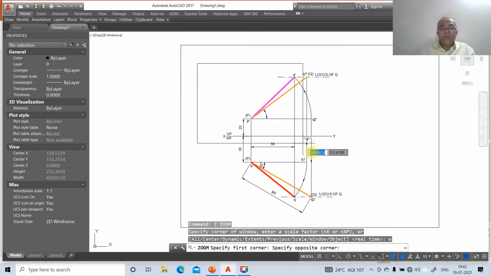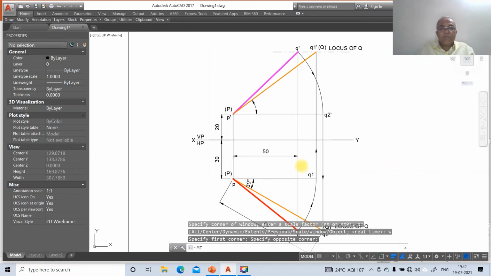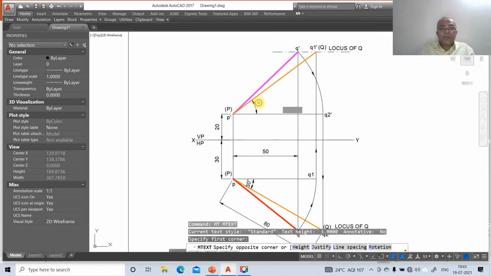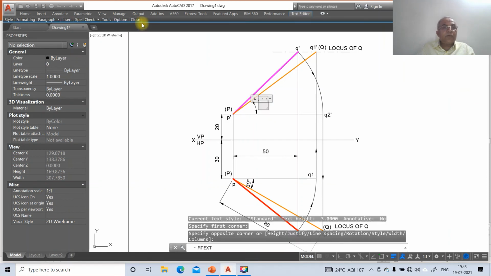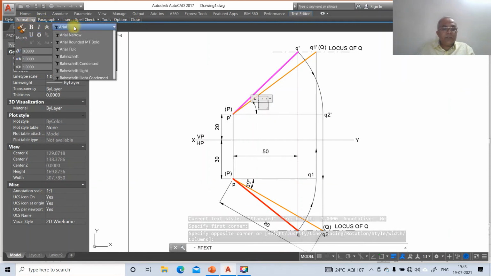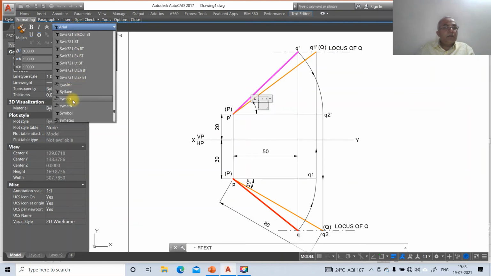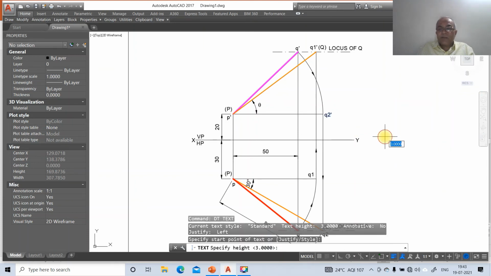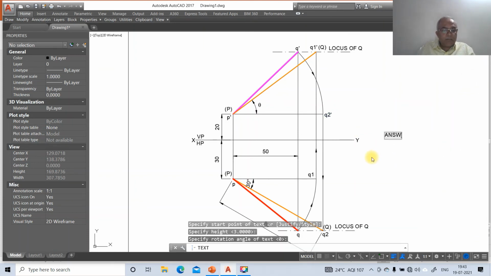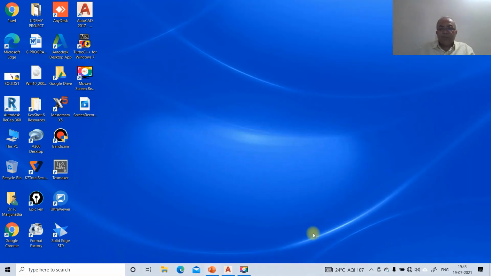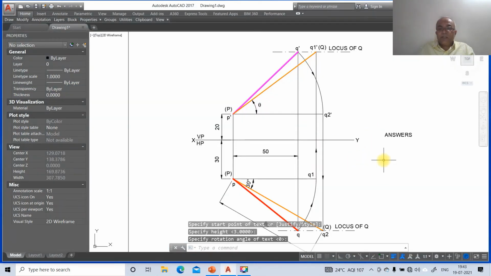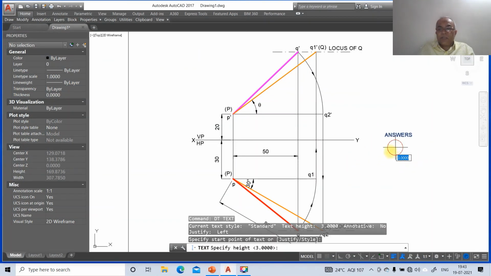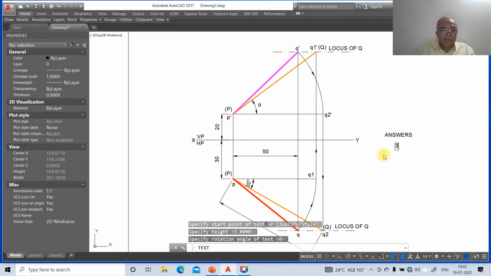Once you do that, so now you go to mtext, go to this, and you mark this as formatting, go to symbol, make it a small q. Now we will go to write the answer. Go to dtext and type answers. So the answer is 36.83. So you take dtext, you mark this as 36.83, 83 percentage D.